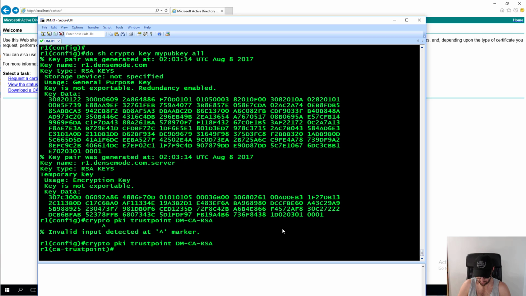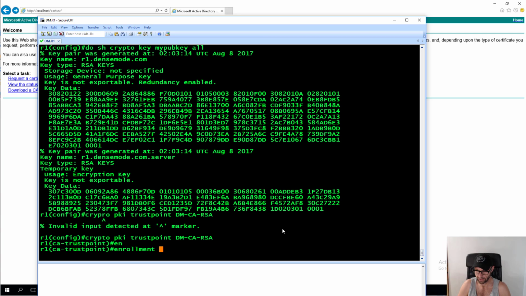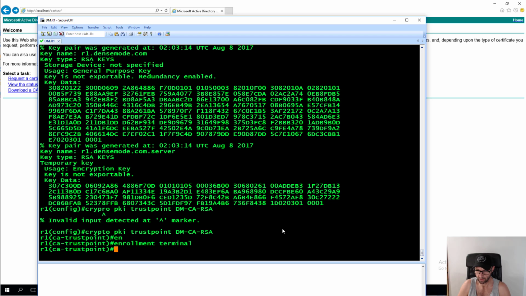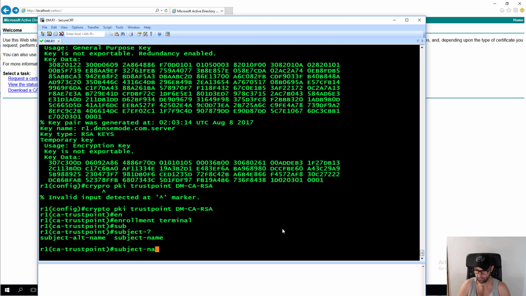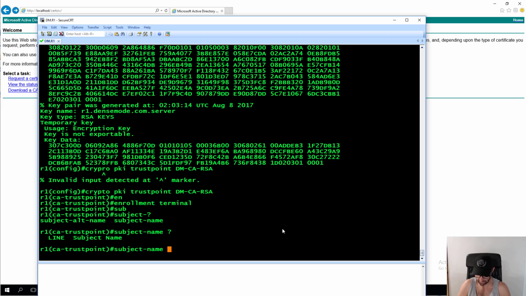Okay. And we'll set the enrollment type to terminal. We'll configure a subject name, and this is like the format. You can look this up on the interwebs, but we're just going to do something real basic. cn equals